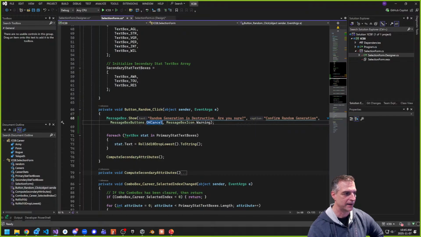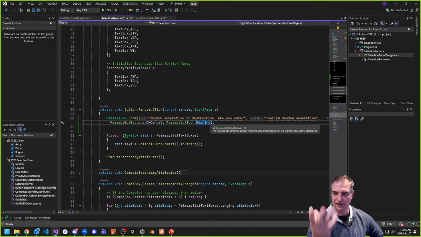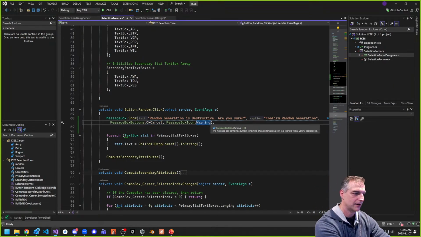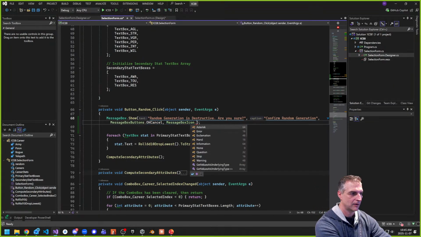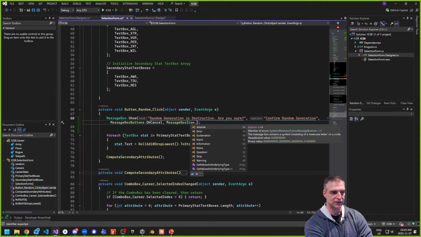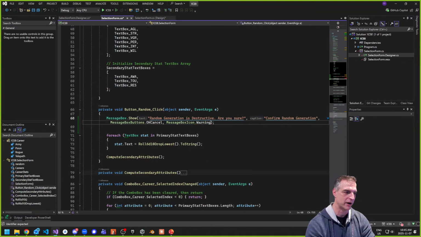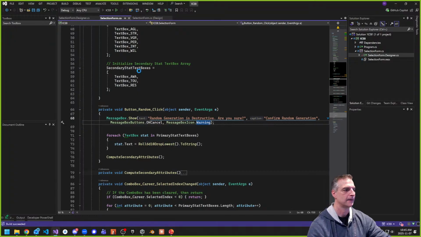Message box icon is the icon that'll pop up when that happens. So you can say something like the message box icon is an asterisk, or an error, exclamation, a hand, information, which is like an I, a question mark, stop, and a warning. I want to use warning. And the warning also comes with a sound. So if I was to do this, press play,